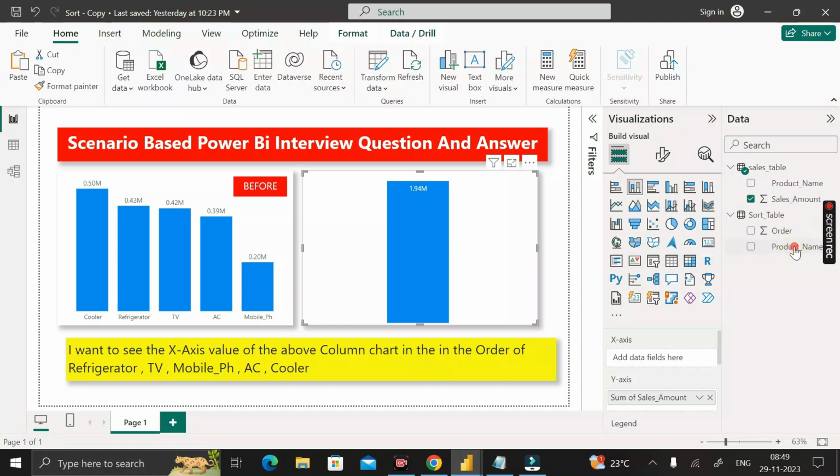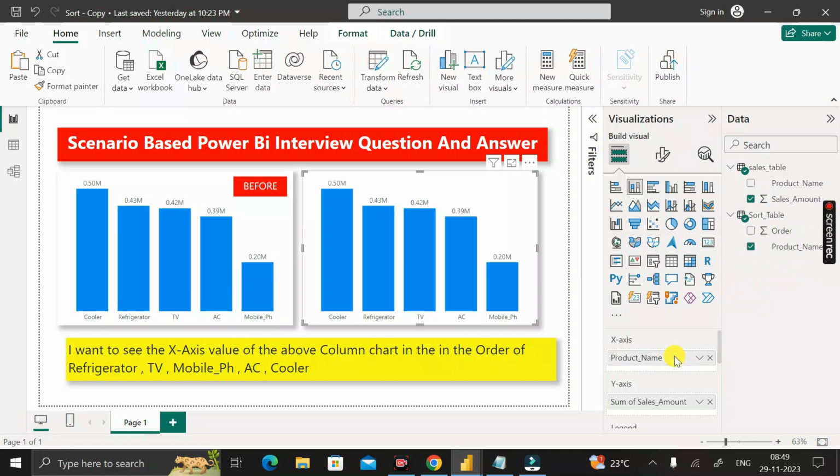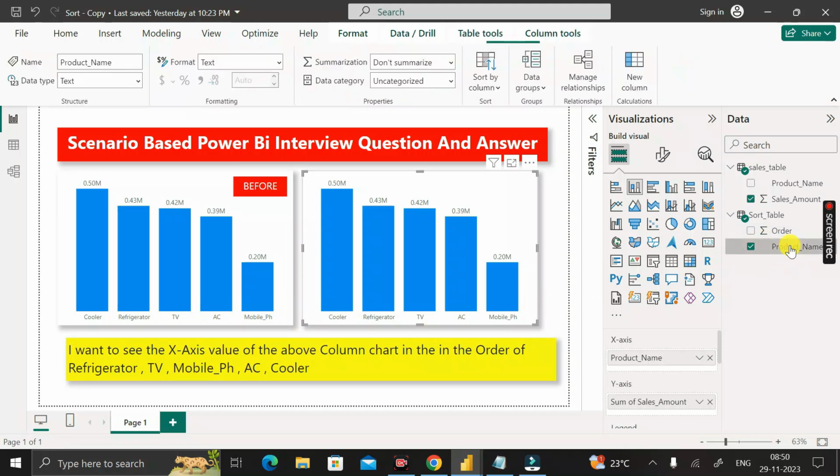So we have to drag the product name column from the sort table and put it in the x-axis. And now here also you are able to see this sequence is as per the previous one. So how can we achieve the sequence like this? For that, first of all, you have to click on this particular product name column. Then once you click on this, automatically it will take you to this column tools tab, and inside this,